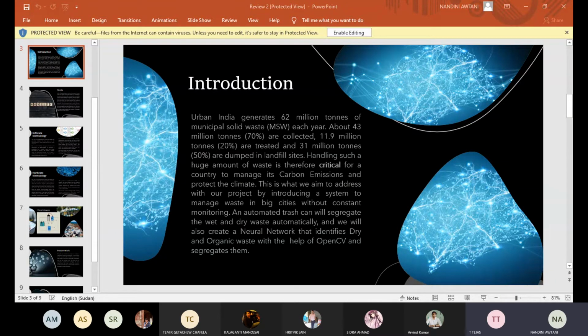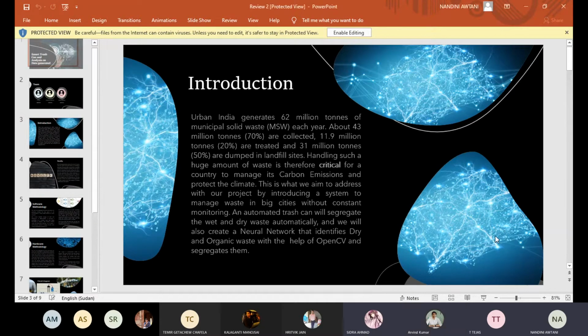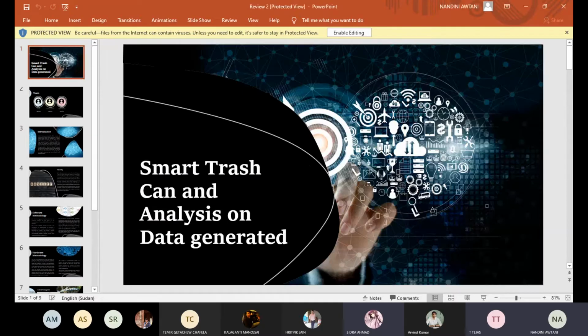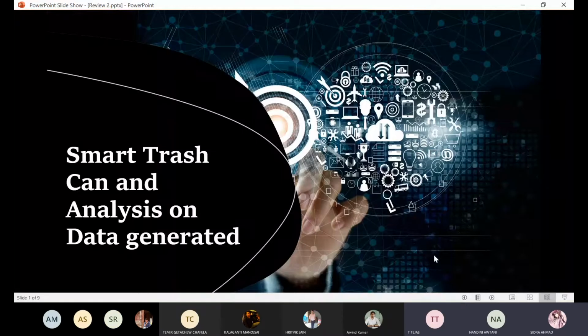Okay. One second. Yes, sir. Could you go to the first page so that he can see the title also? I can present, it's okay. Wait, Nandini. Rudra, you can share the screen. Oh, is my screen visible? Yes, it's visible.